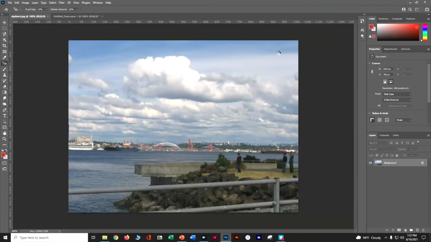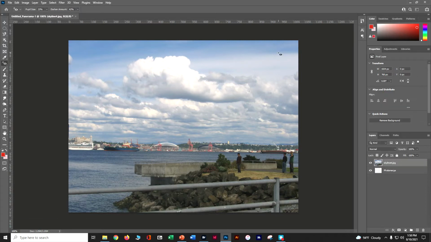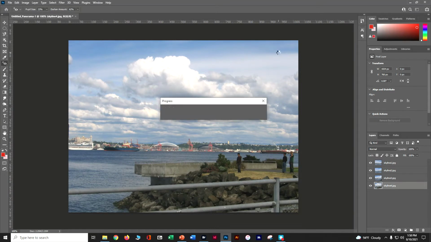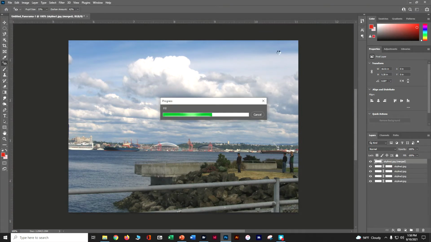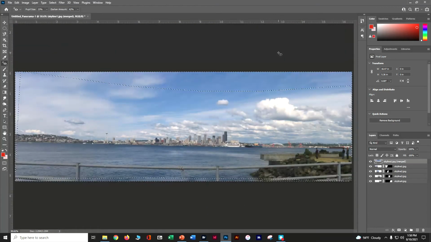Depending on your computer, this may or may not take a little bit of time because you are asking for quite a bit of magic to happen. While this is doing its thing, we're going to just let it align and work through what it's doing. As you're working on photo merge, think about how you would take the pictures. You want to make sure that you're overlapping your images, using a consistent focal length, and a tripod. Now all of a sudden, poof, we have those 4 images,